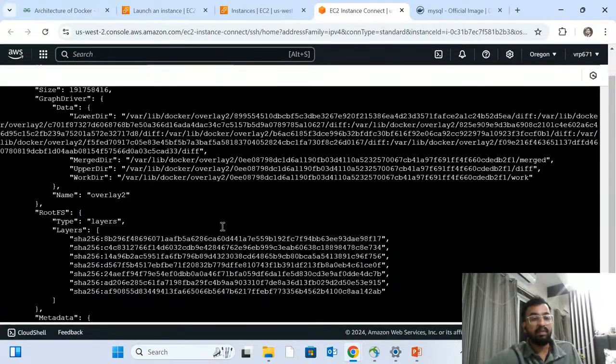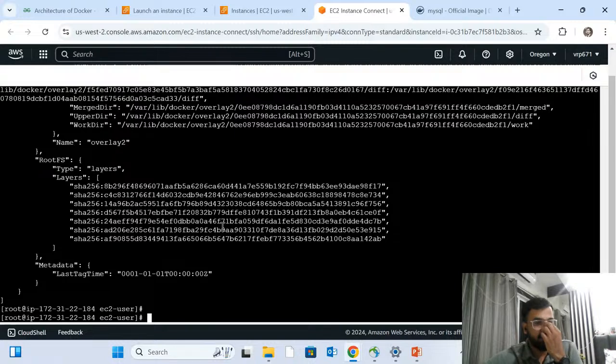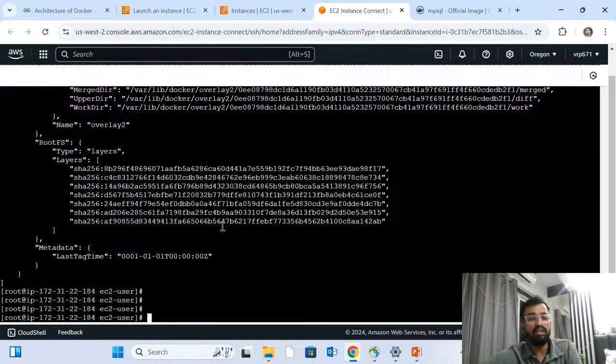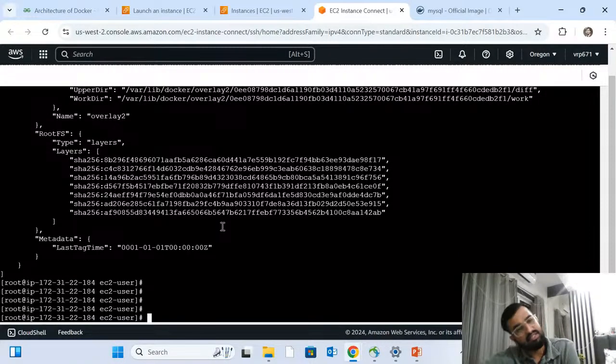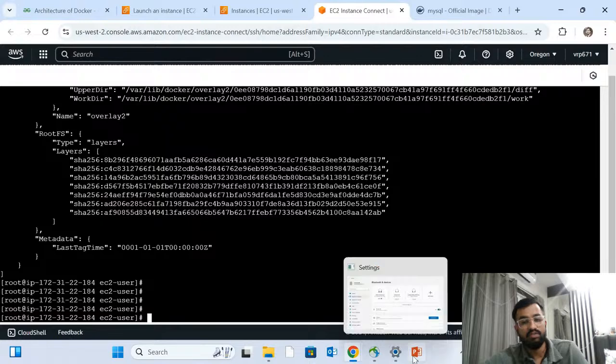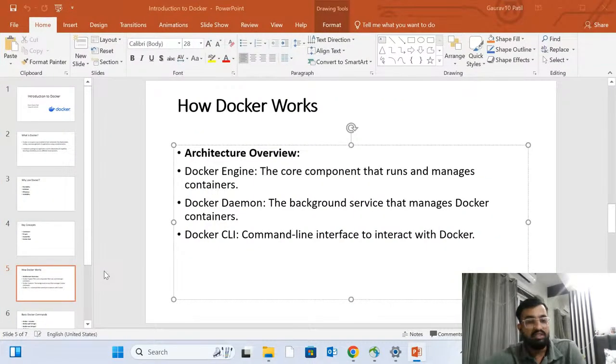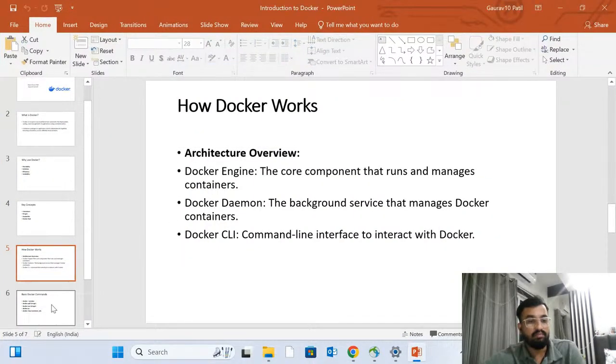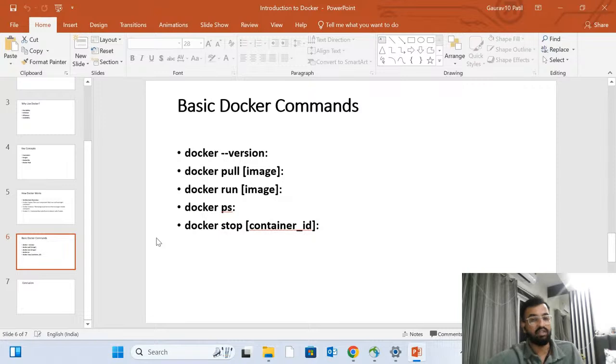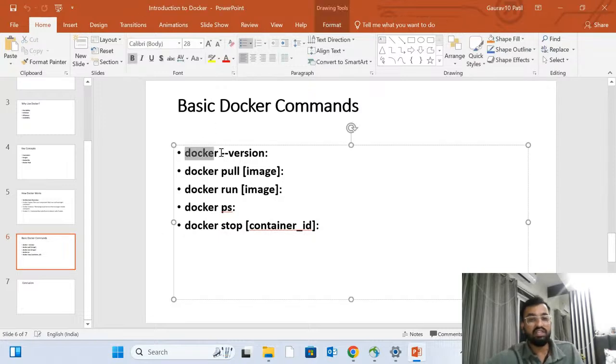See, this is the image related total information. अभी ये आपको समझ में नहीं आएगी, ये हम और इन डिटेल्स में डिस्कस करेंगे तब आपको समझ में आ जाएगी। ठीक है, सो दिस इज व्हाट आई हैव गिव यू बेसिक डॉकर कमांड्स आई वांट टू एक्सप्लेन। सो हम लोगों ने सर फर्स्ट कौन सा चेक किया? डॉकर वर्जन, डॉकर पुल। नाउ वी आर गोइंग टू रन दिस थर्ड कमांड, डॉकर रन।